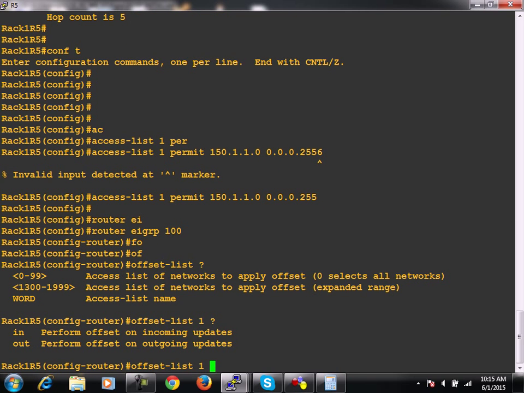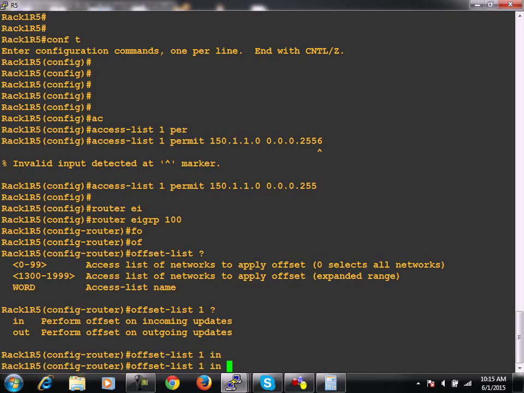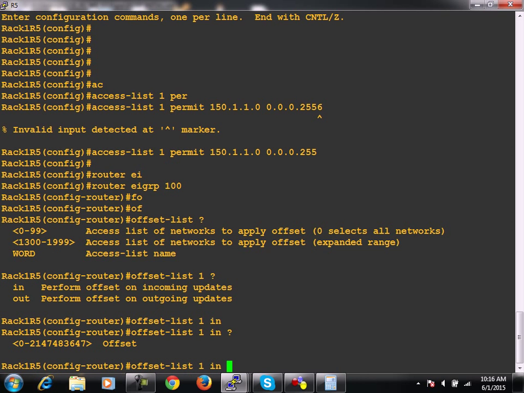So of course this prefix is what? Incoming prefix. It's not going out. However, in EIGRP also you can configure your offset list in both directions. You can also configure it in outbound direction as well. So offset-list 1 in, and then you can add that metric here, which is 51201. Now remember, do not press enter here, because if you press enter here,